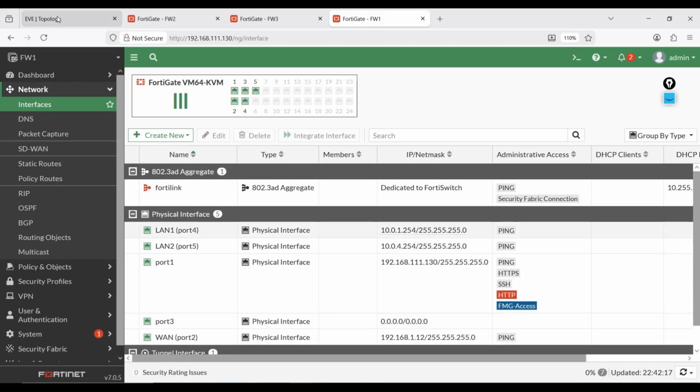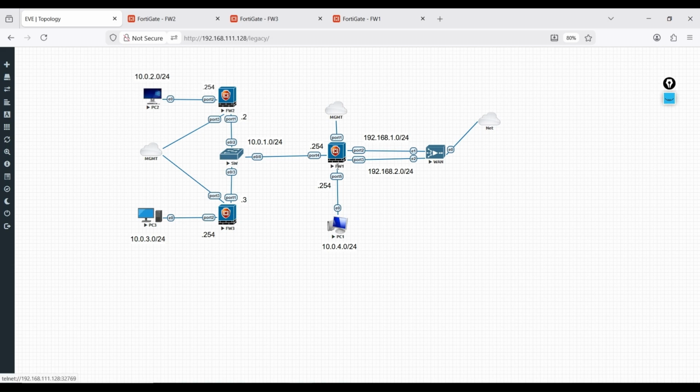It's very easy steps. Here you can see in firewall 1, port 2 is the internet facing interface and it's a dynamically assigned port. It will fetch IP automatically from our ISP router. Port 5 is a LAN interface having subnet 4.0. Port 4 is another LAN interface having subnet 1.0.